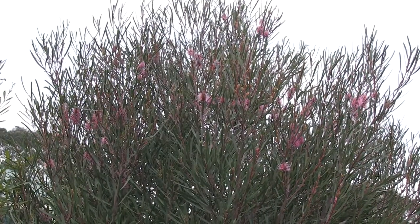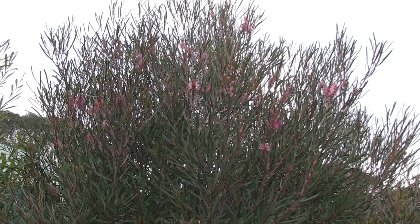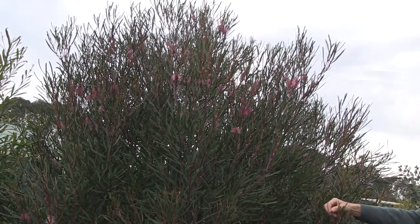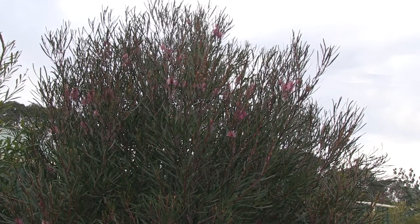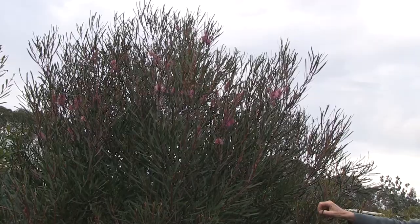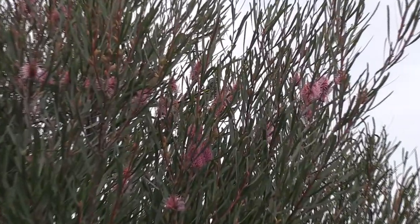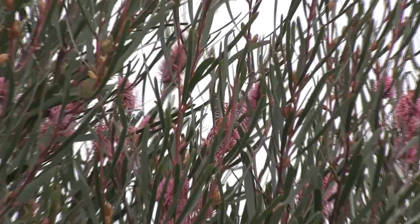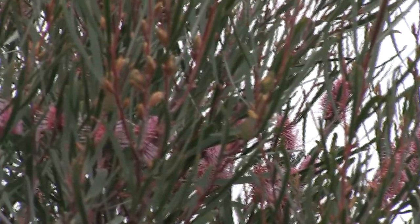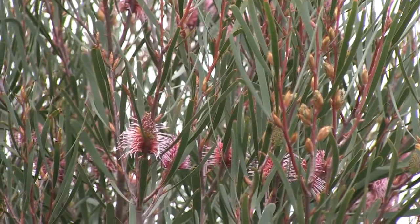This is the common one that you see in Western Australia, and you can see that the leaves are nowhere near as wide as the one I previously showed you, and the flowers are a much deeper pink, and it's really quite attractive in flower, and a plant that you can grow in quite a range of soil types as long as they're well drained. So Hakea multilineata is a lovely one